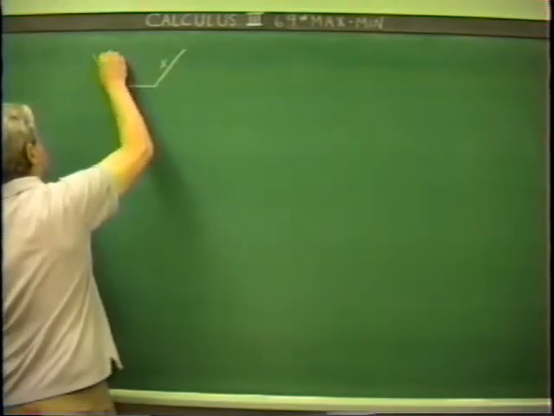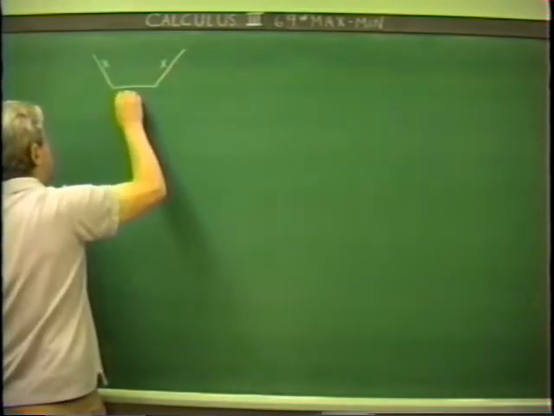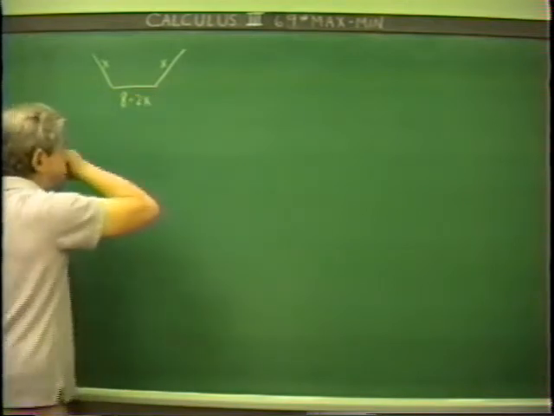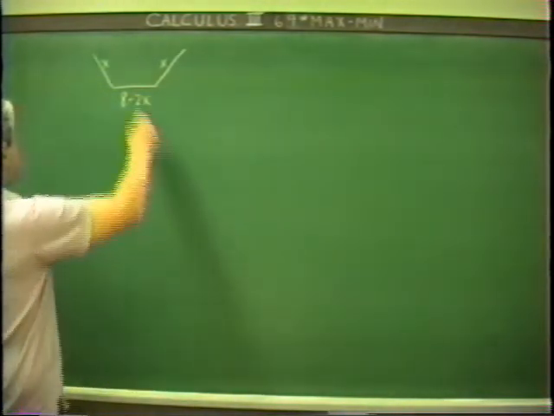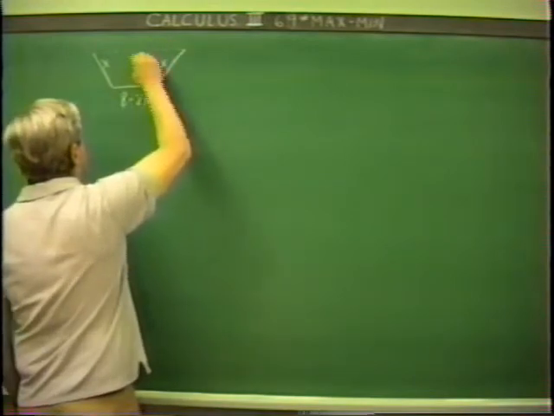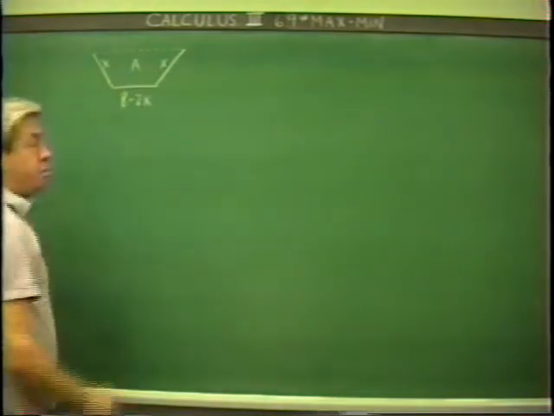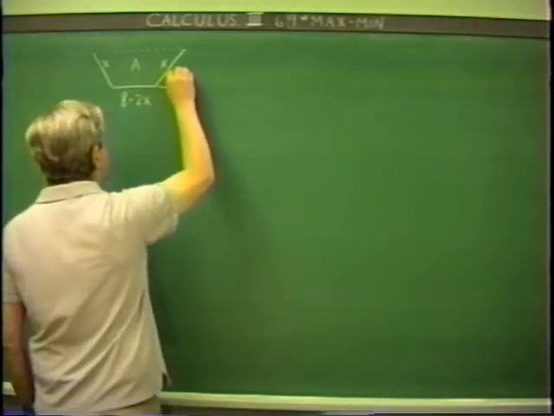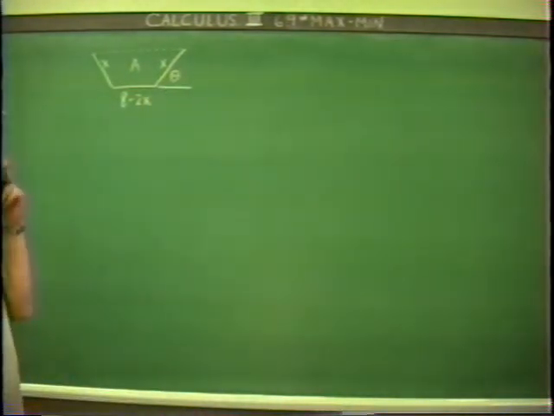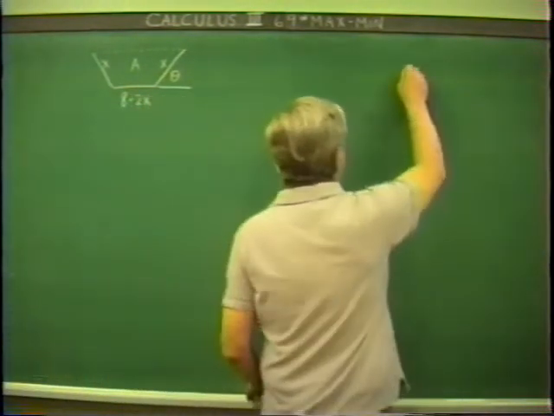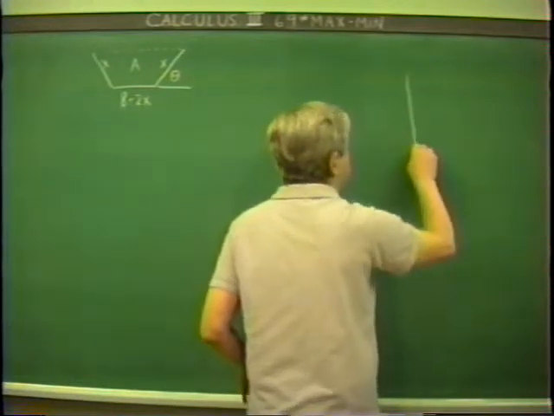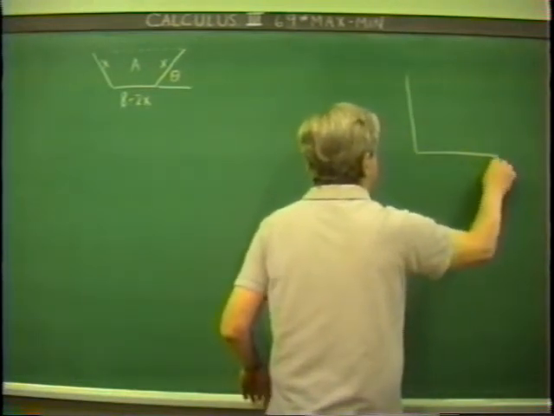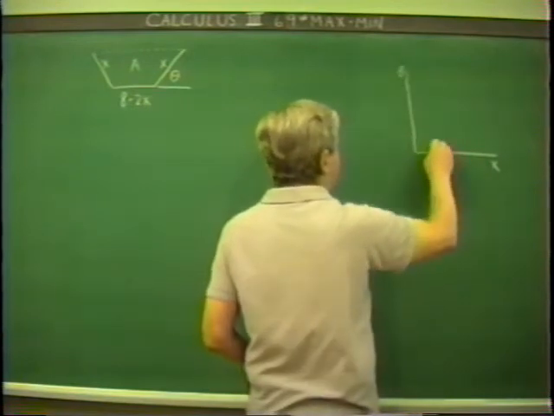And the total width of the sheet metal, make this fold here at an angle theta. And the situation here is that this is going to make sense for x and theta,